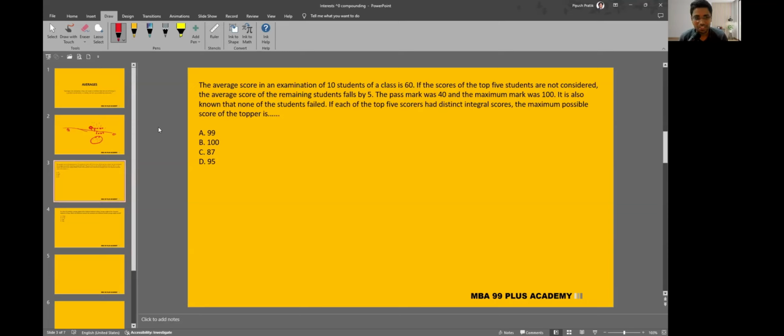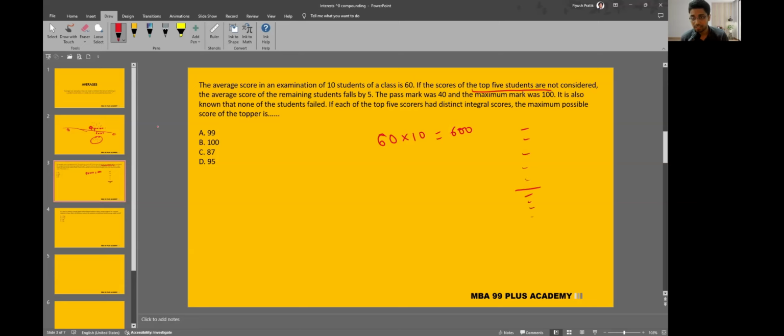So let's solve this question. The question says that the average score in an examination of 10 students of a class is 60. So there are 10 students, their average is 60, so the total is 60 multiplied by 10, which is 600. Remember, first principle, whenever you read a statement, you take out all the information that you can and put it in mathematical expressions. If the score of the top 5 students are not considered, okay, so these are the top 5,